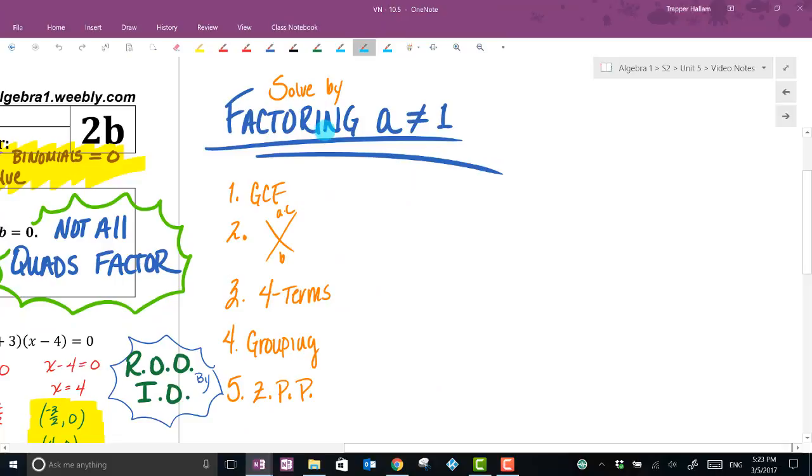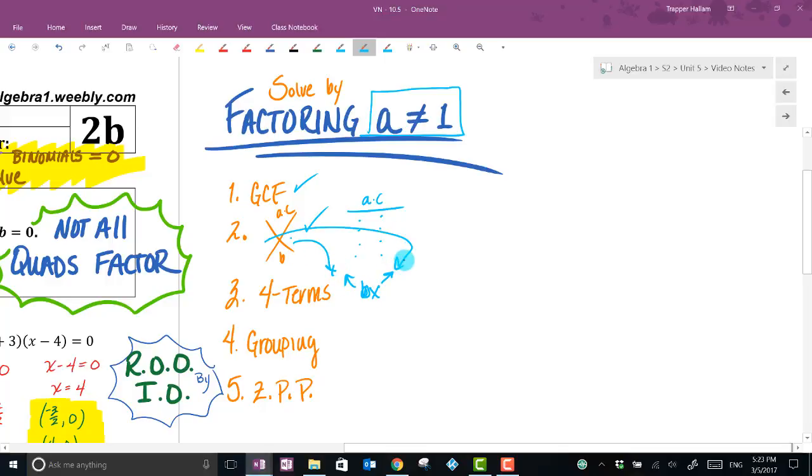Okay, so before we go to the next section to do the last set of problems, let's just review really quickly what it meant to solve by factoring if a value is not 1. Remember, your first choice should be to always look for a GCF to take it out. Then we're going to do the x and make a list of factors like we've done before, if necessary, based off of whatever a times c is to help us out with these two parts. Then we're going to turn that linear term, whatever the bx value is, and split it up into those two factors that we found,